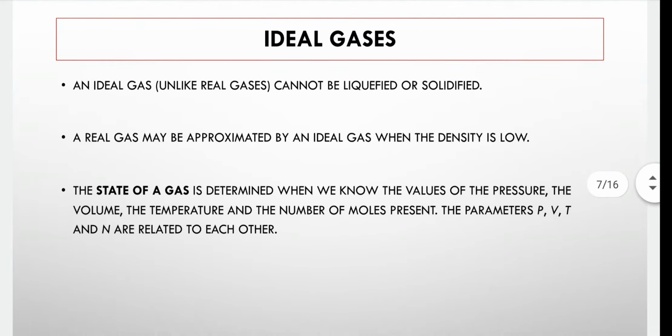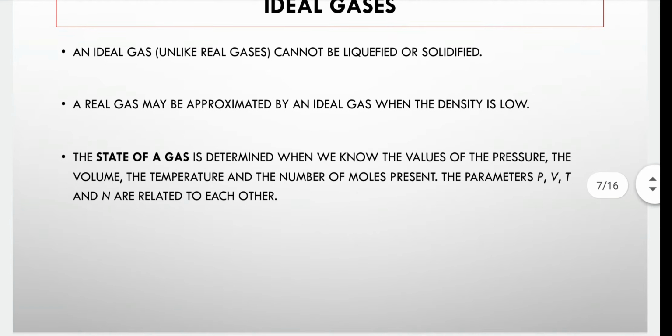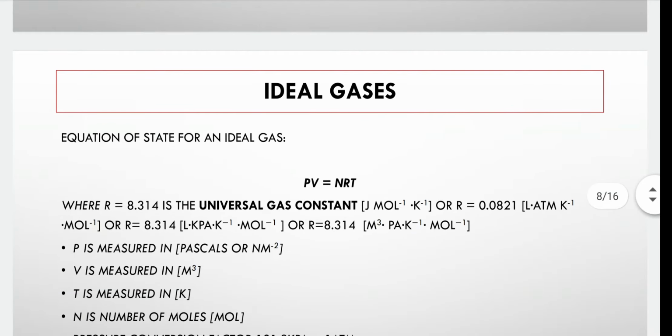The real gas here may be approximated by the ideal gas when the density is low. The last part is when you state the gases here, it's being determined when we know the values of the pressure, volume, temperature, number of moles, and those parameters are related together to understand the ideal gas. And you can find here that the equation for the ideal gas says that P multiplied by V equals nR